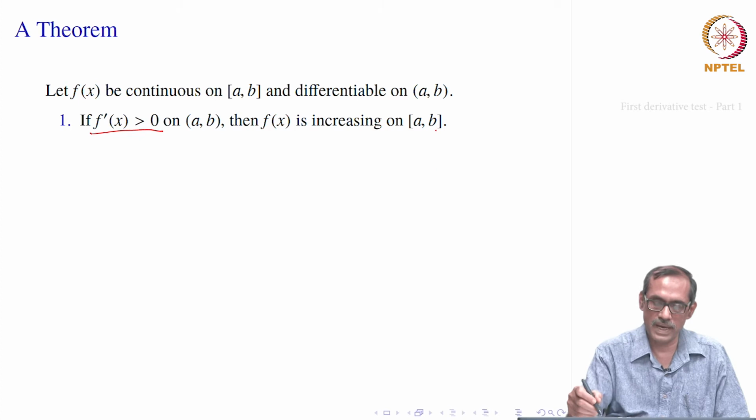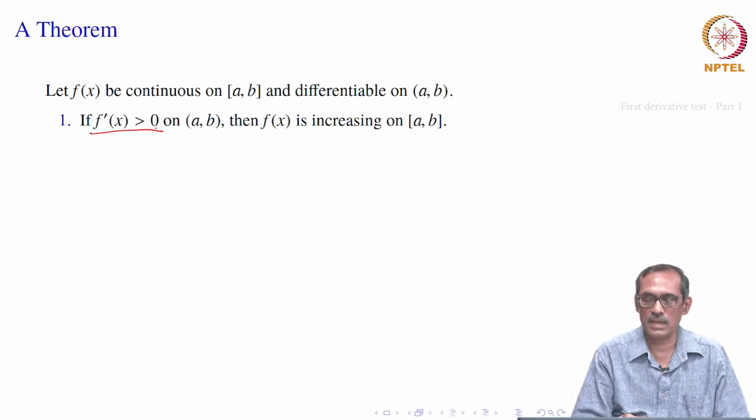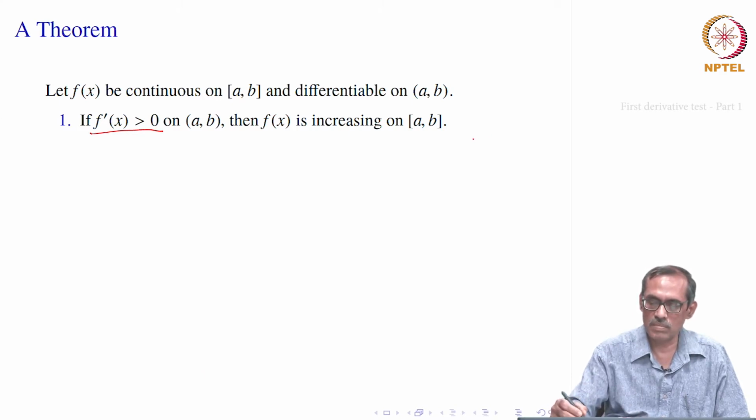So, how come this a and b is coming? It is because continuity is taking care, right, at a and at b. So, if f prime of x is bigger than 0 on (a, b), it is positive, then f(x) is increasing. Of course, when it is positive, its tangent will be something like this. So, the curve will be increasing. At any point, you see the tangents will be this way.